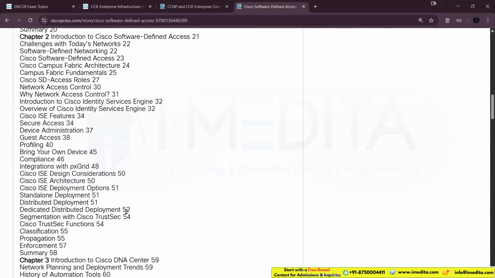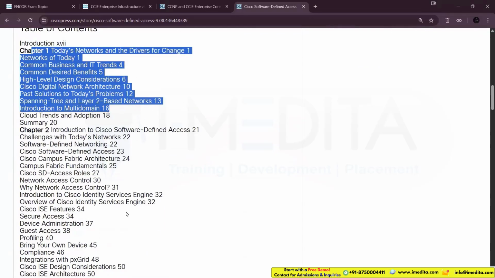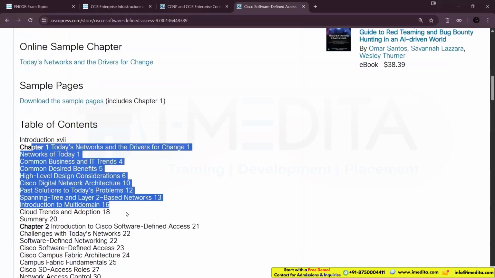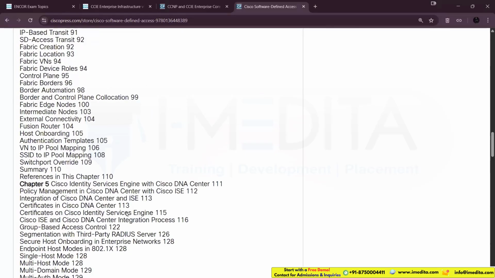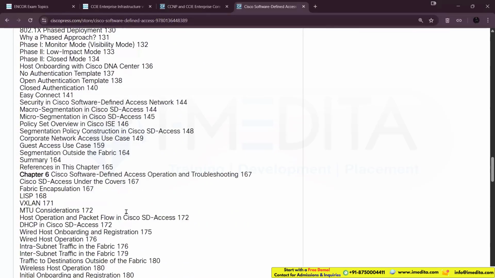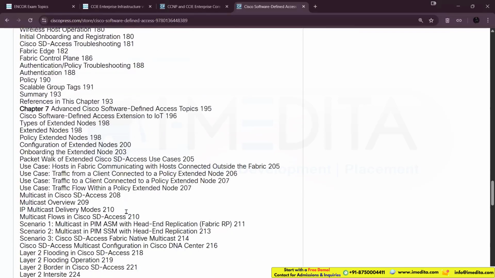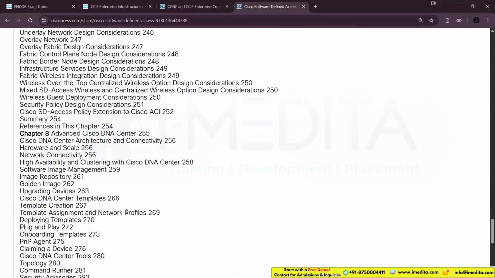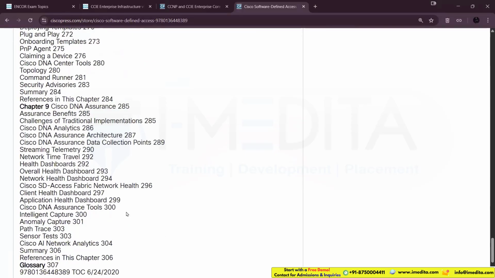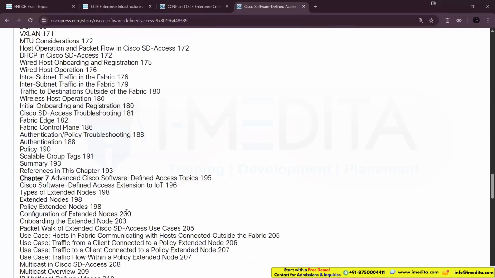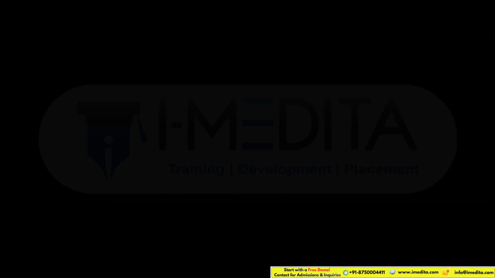In the first 2 or 3 chapters, they have just talked about what the problems are in the current campus local area network, how to solve them, how the DNA Center was created, and what options are available in the DNA Center. So they have stressed this quite a lot, but still it's very much relevant from our current deployment point of view as well. It's very good. I will definitely ask you to go through this book if you want to know more about the SDA. But if you want some short notes, and you don't want to go through the complete book,